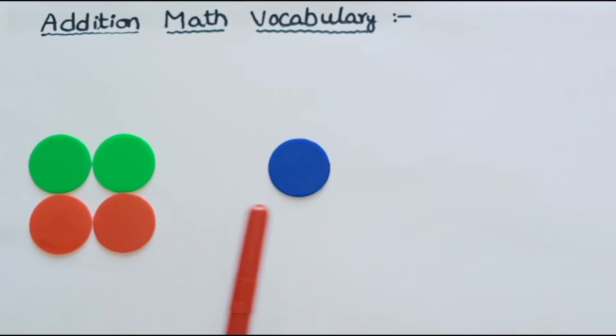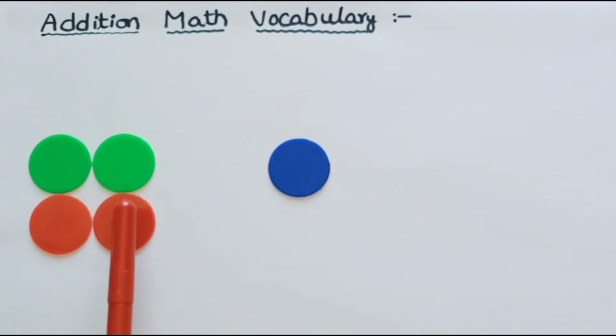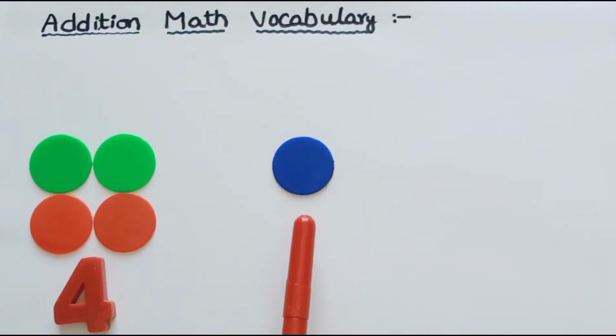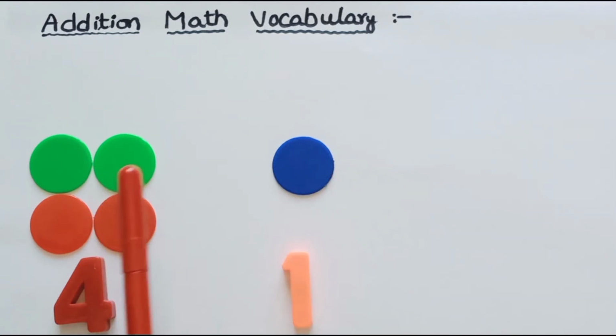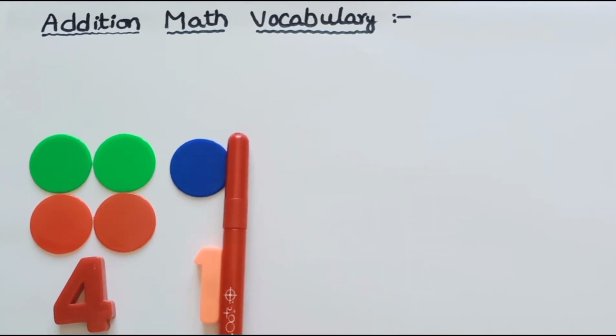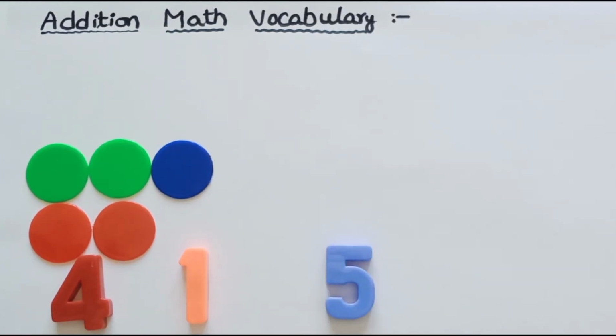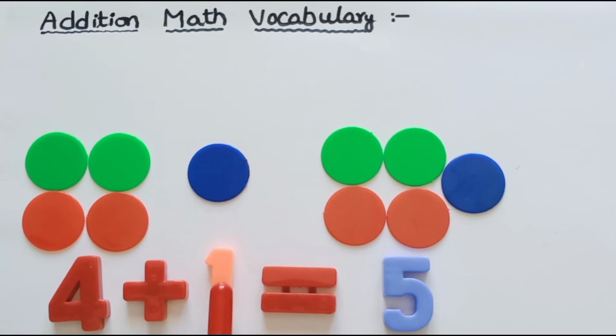Similarly, here also 2 sets of objects are there. Here the object is a token. So how many tokens are there in the first set? 1, 2, 3, 4. How many tokens are there in the second set? Here we have only 1. If we add, that means if we join them and put them together, then totally how many tokens do we have here? 1, 2, 3, 4, 5. We have 5 tokens. Addition of 1 token to the 4 tokens gives 5 tokens. So addition of 1 to the number 4 gives 5. 4 plus 1 equals 5.